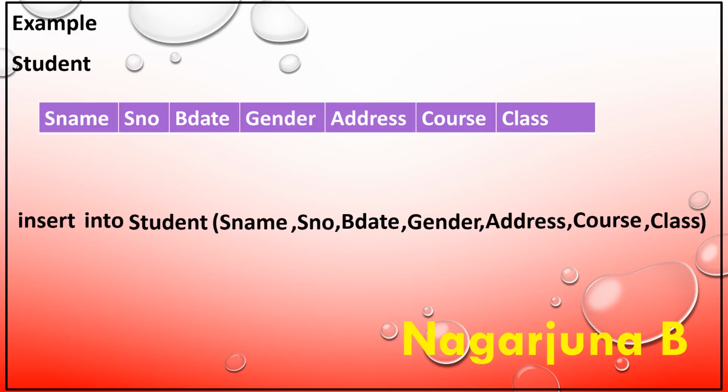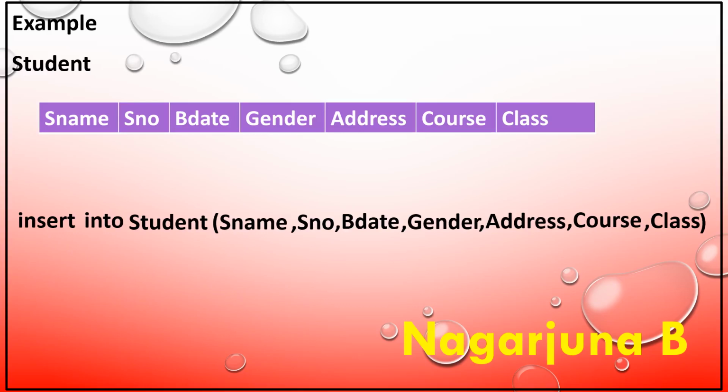So it is the attribute list in the same order which was given at the time of creating the table, and even the case should be the same. I have used uppercase for the first character of an attribute name. Even for the relation, I have considered the first character of the relation name as uppercase and the remaining as lowercase, and I have presented it in the same way.